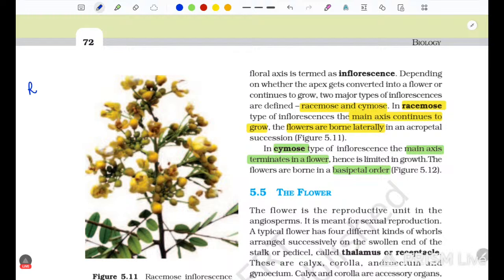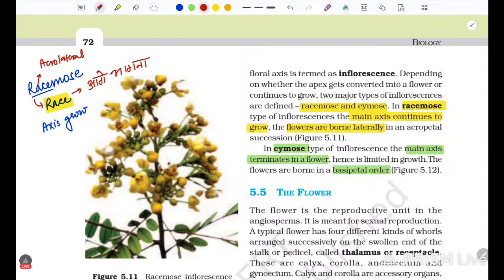So please remember racemose is just like a race, और रेस में सबको क्या करना है, आगे भागना है। The stem is going to grow, or rather not stem, the axis is going to grow। और क्योंकि axis grow करता है इसीलिए हमें याद रखना है racemose में ये second word a आता है, और ये सब acropetal grow करते हैं। तो cymose में जो है वो बिल्कुल उसका उल्टा हो जाएगा।